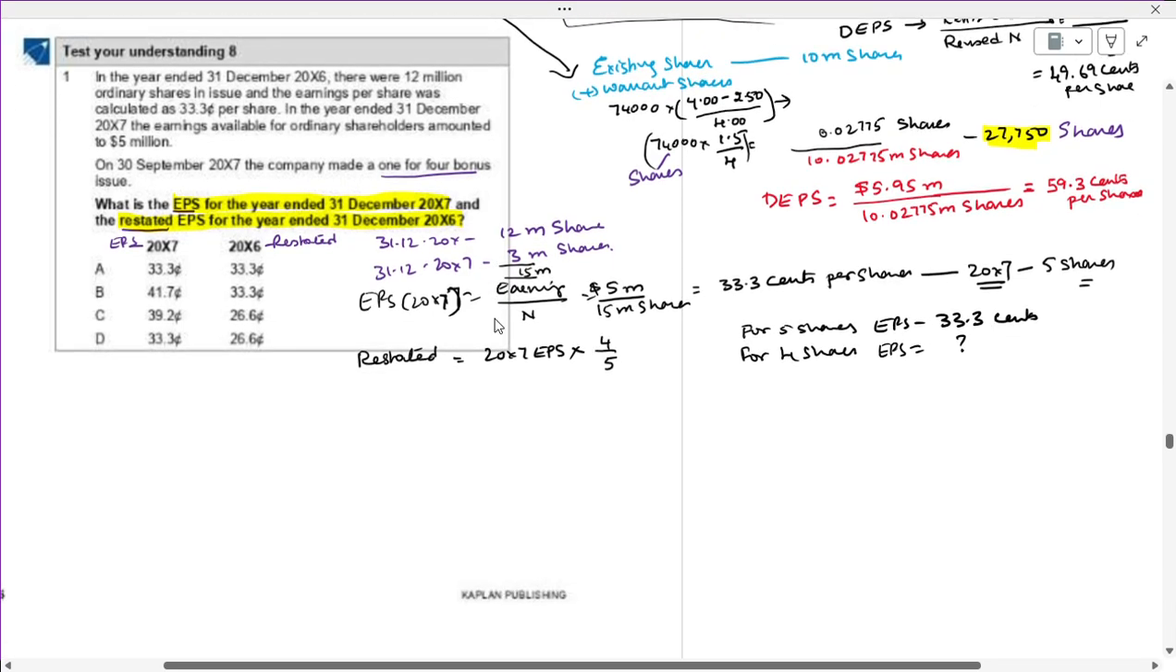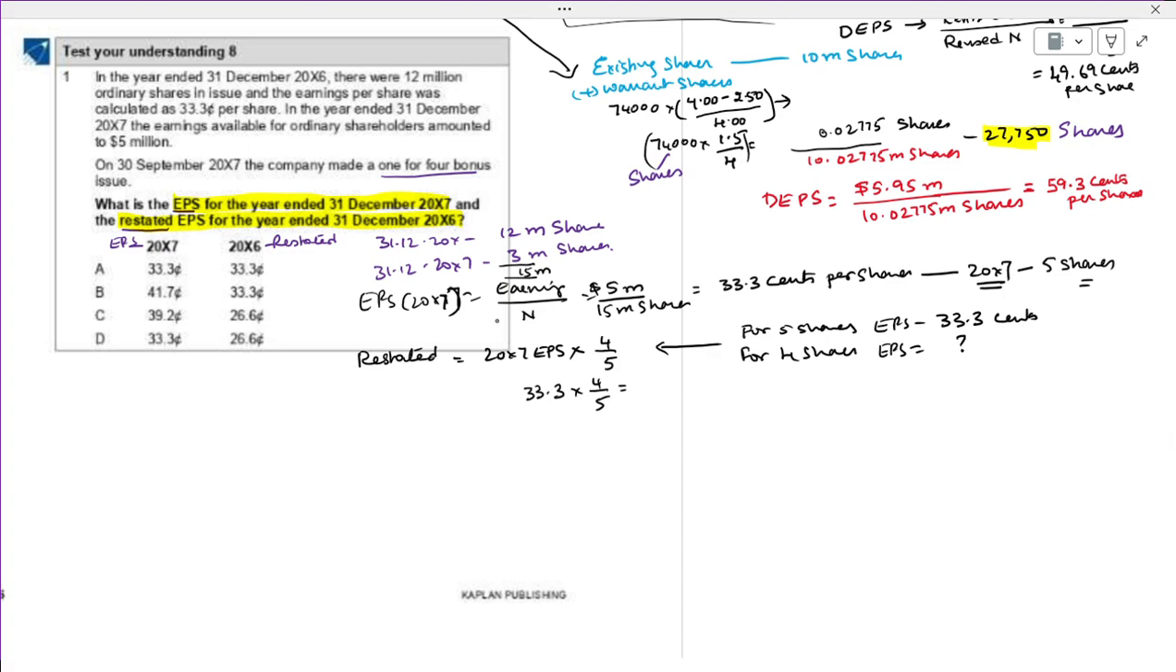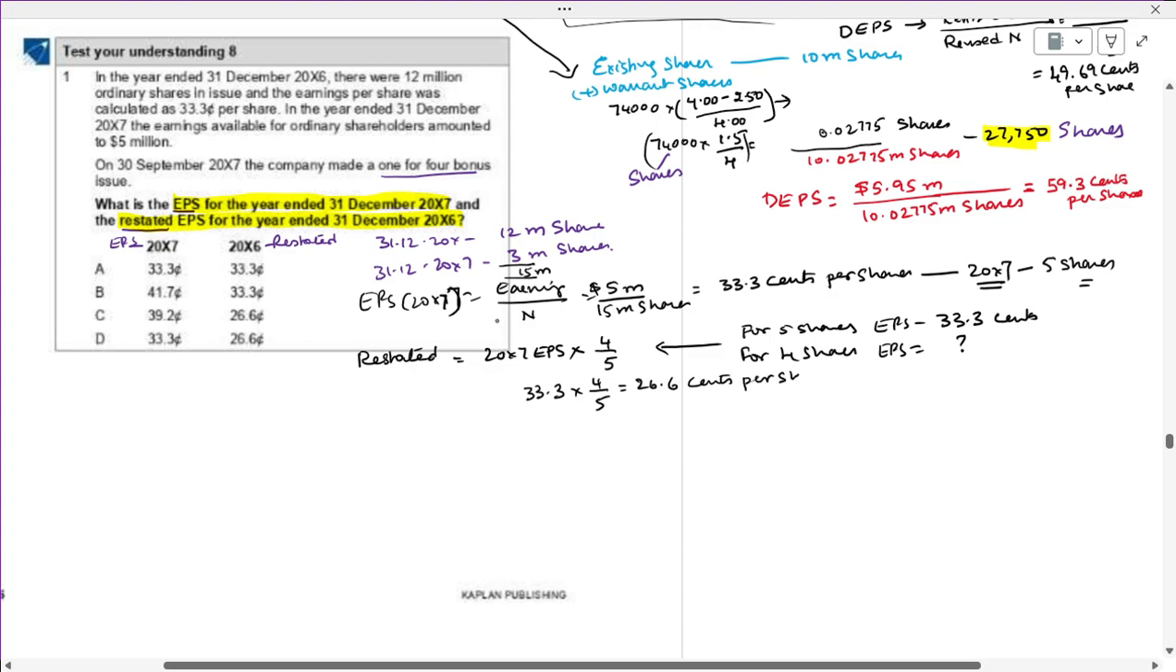Now what will happen? You will get this fraction: 33.3 times 4 by 5. How much will you get? 26.64. The answer is